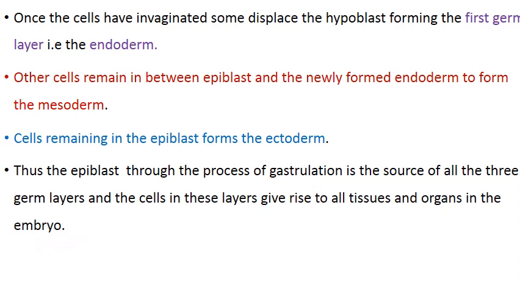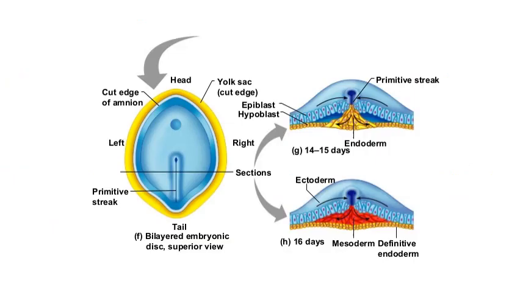As you recall, we said some of the cells in the inner cell mass function as pluripotent cells because they give rise to all tissues and organs. So out of the inner cell mass also, it is only the epiblast that is the source of the three primary germ layers. So this is a surface view of the embryo, and we have seen that this is a